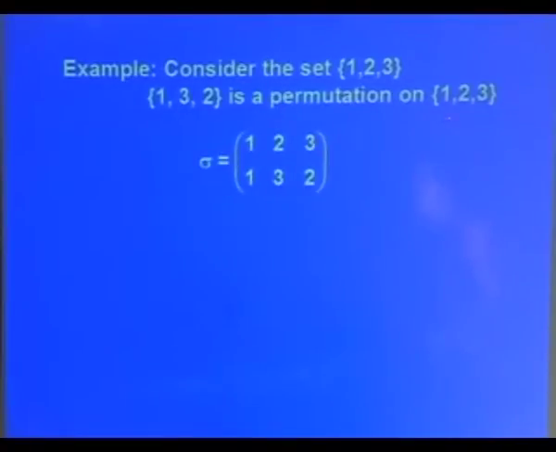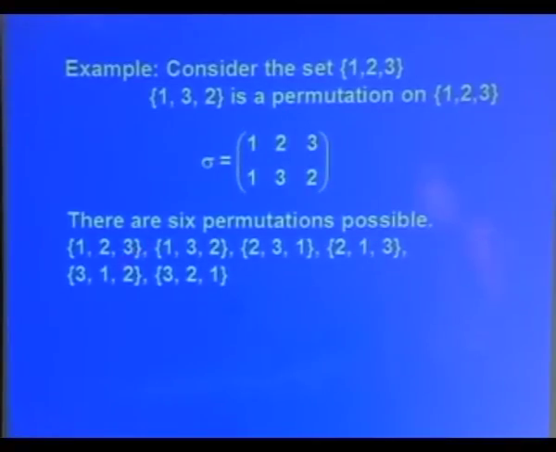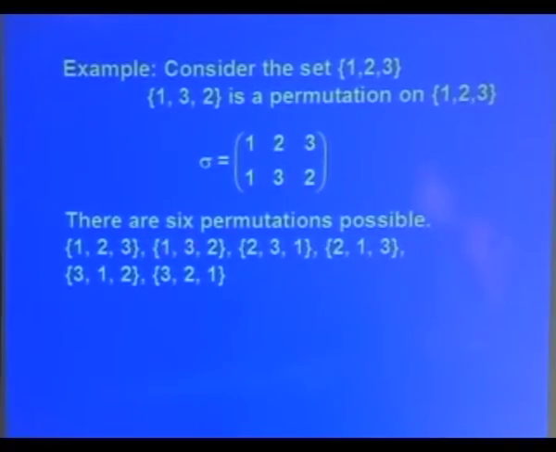We denote this permutation as sigma is equal to 1, 2, 3, this is the set, and 1 is mapping to 1, 2 is mapping to 3, 3 is mapping to 2. So, this way for a given set of 3 natural numbers there will be 6 permutations possible, and they are 1, 2, 3 the first permutation, then the next may be 1, 3, 2, next 2, 3, 1, 2, 1, 3, 3, 1, 2 and 3, 2, 1. So, in all there are 6 permutations possible.